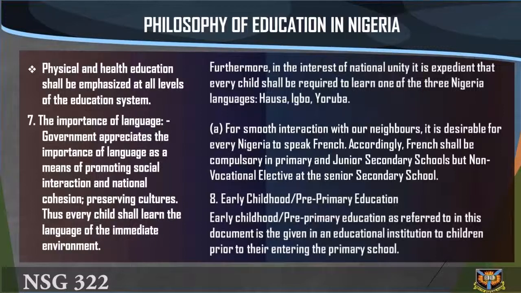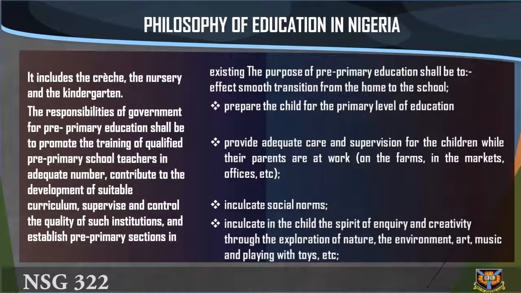Early childhood or pre-primary education. Early childhood or pre-primary education, as referred to in this document, is the education given in an educational institution to children prior to their entering the primary school. It includes the crèche, the nursery, and the kindergarten. The responsibility of government for pre-primary education shall be to promote the training of qualified pre-primary school teachers in adequate number, contribute to the development of suitable curriculum, supervise and control the quality of such institutions, and establish pre-primary sections